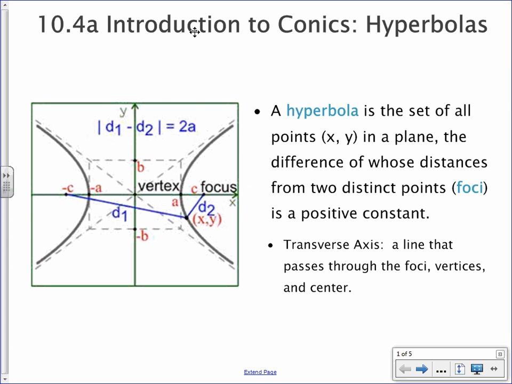Okay, here is a hyperbola. A hyperbola is the set of all points in a plane where the difference between the distances from two distinct points is a positive constant. Okay, this is similar to the definition of an ellipse. Obviously, two completely different graphs, but